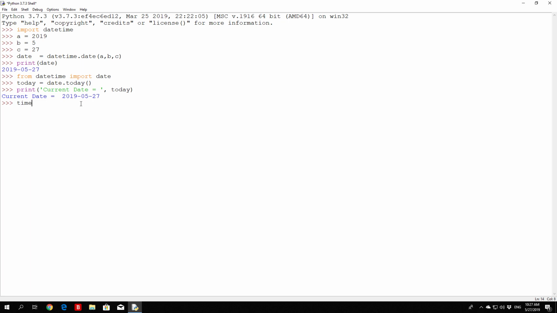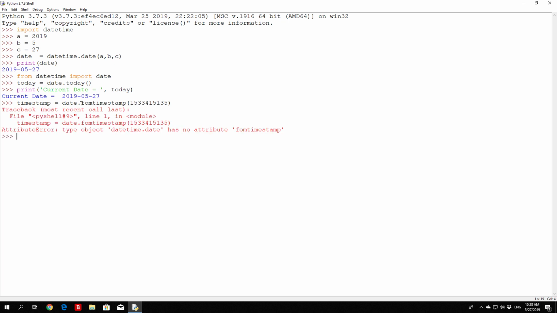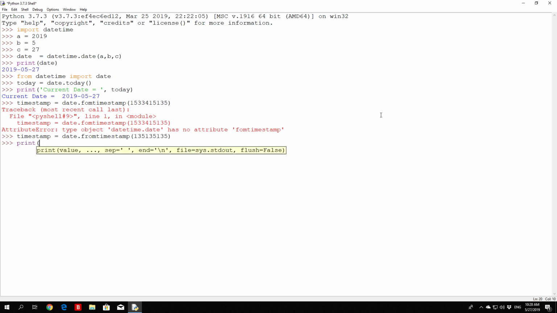If you create timestamp equal to date.fromtimestamp, and in between the brackets you specify this amount of seconds, and press enter. Let's check out fromtimestamp. Yeah, we are missing a letter. We typed fromtimestamp, we need an R somewhere there, so date.fromtimestamp, and in between the brackets you specify the amount of seconds, and if you print the date,